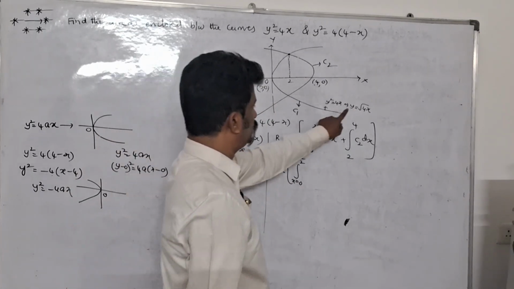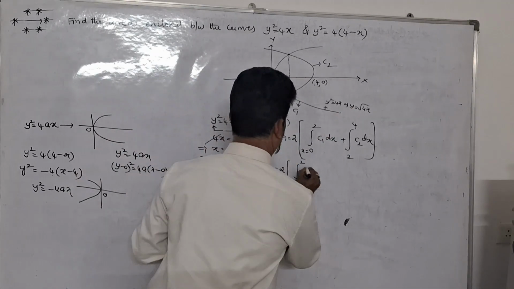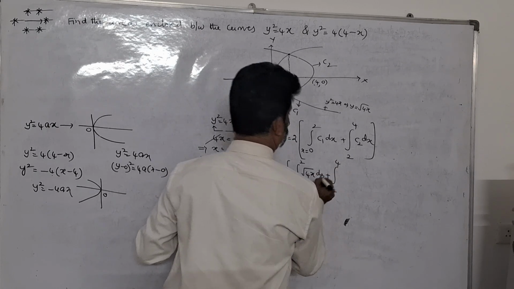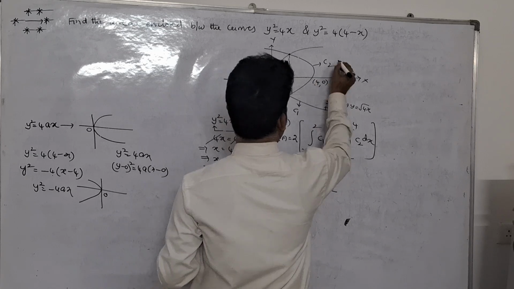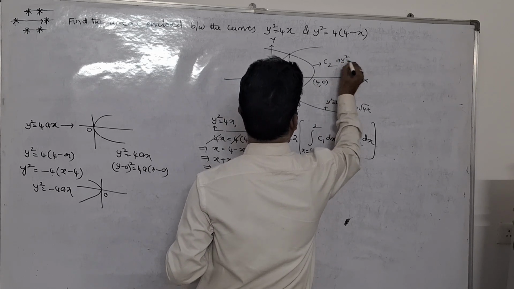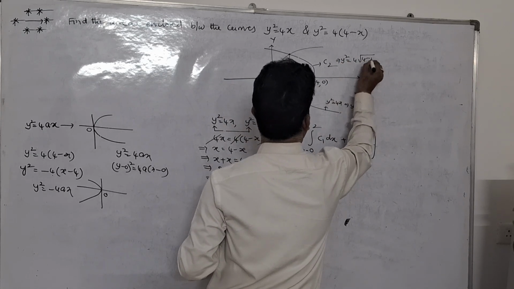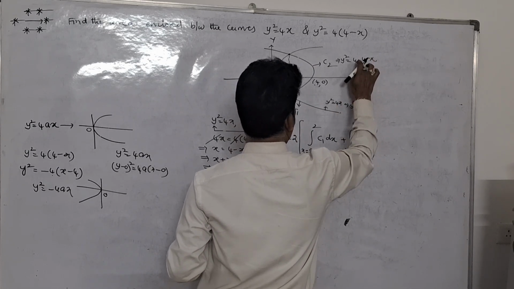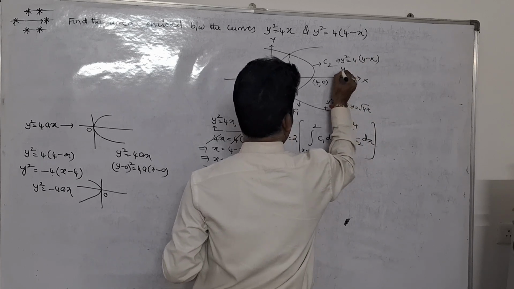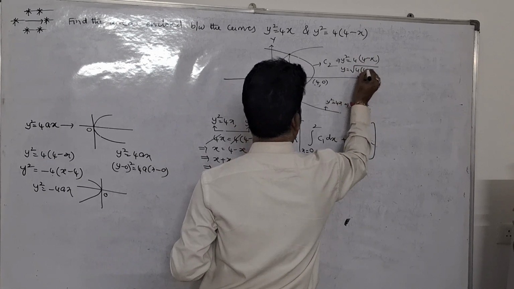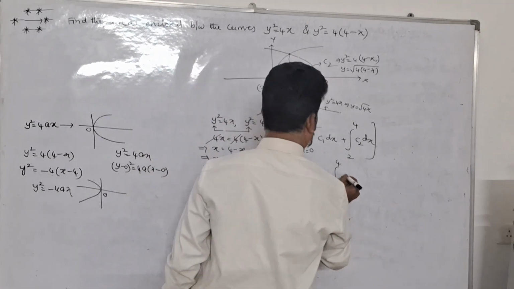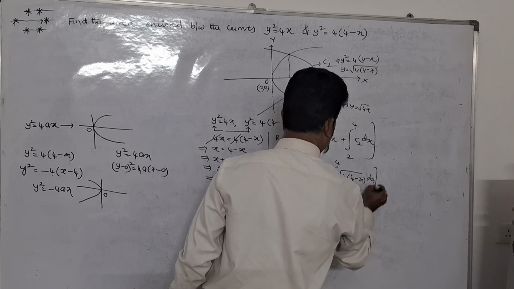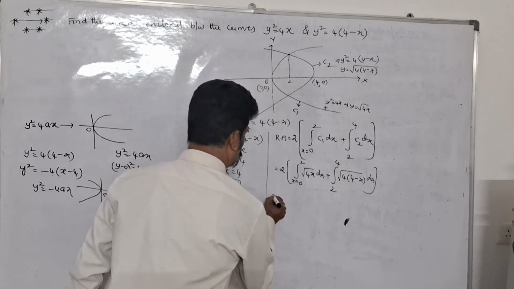C1 means y is equal to root 4x, root 4x into dx. Plus integration 2 to 4. What about the second curve? The second curve is this one. This implies y square is equal to 4 into 4 minus x. So y is equal to root over 4 into 4 minus x, so root over 4 into 4 minus x into dx. That's it. So this is equal to 2 into